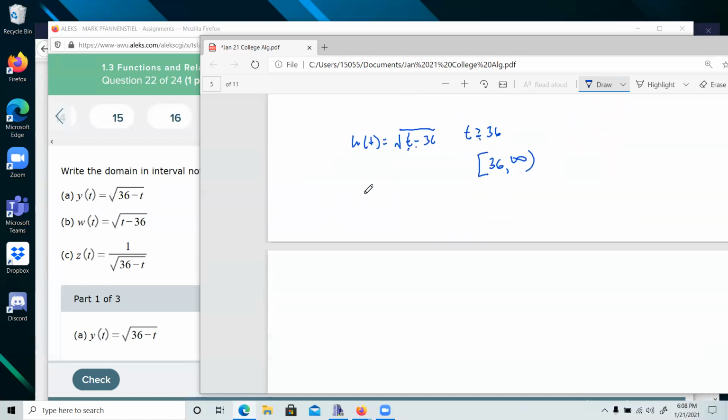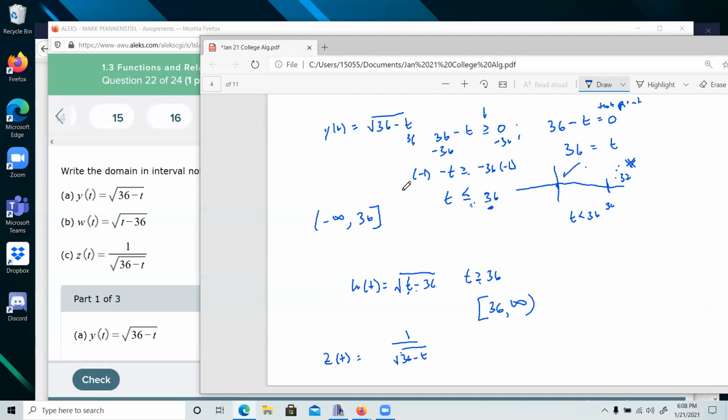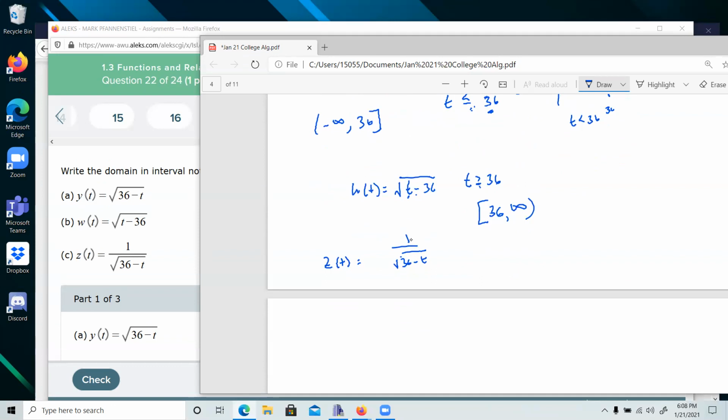Now, let's look at the third one here. This is z of t, 1 over square root of 36 minus t. So in this case, you might be tempted to say, well, that's negative infinity up to 36. What if I put 36 in here? Then we get a 0, don't we? And that's not going to work. So for this one, we have to exclude the 36 and leave it as that kind of an interval. Okay, so this shows you a lot of the different types of what could happen here. Okay,